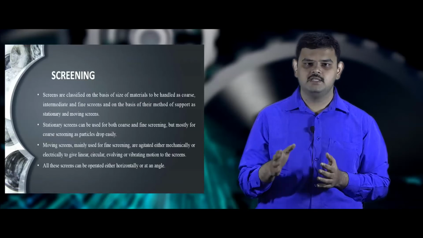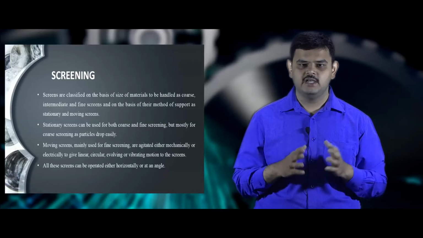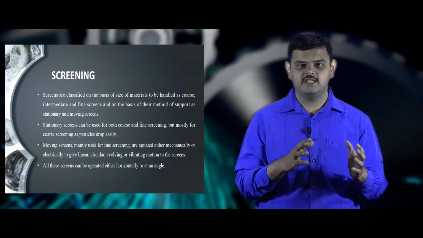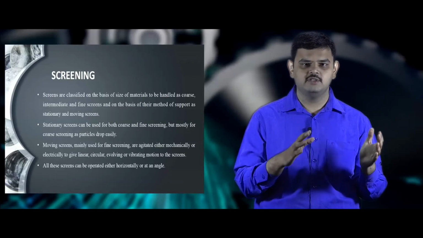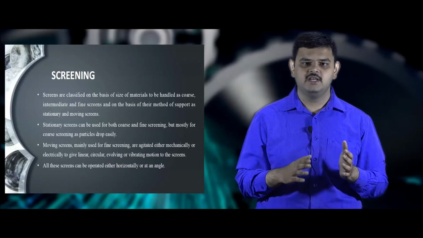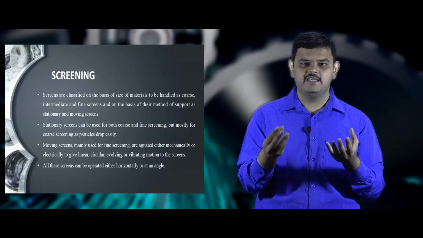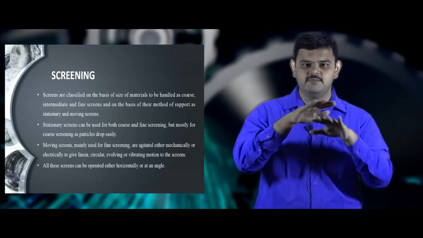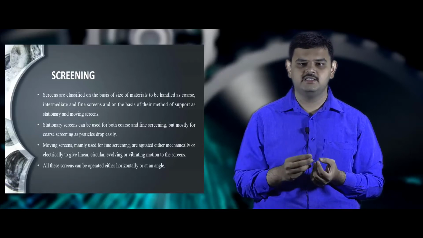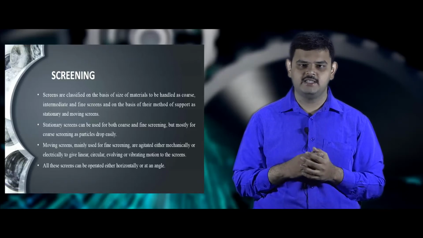In this lecture, we give more importance to screening because screening is easily available and economical, and the equipment requires low power and maintenance. The screening equipment can be used to remove the particles as undersized and oversized particles. When we charge the feed on the screens, the particles larger than the screen openings settle on the top of the screen. When the particles are of lower size, they come down or pass through the openings in the screen, and they are known as the undersized particles.